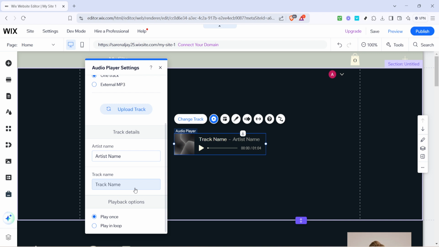You can choose to have your track play just once or set it to loop continuously. Both have their own unique benefits depending on what suits your content better. For instance, background music often loops to maintain ambience without requiring manual intervention.